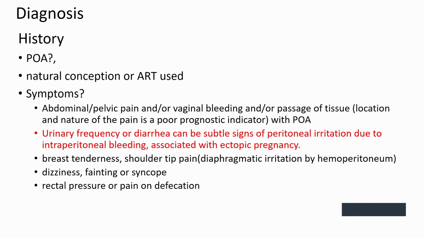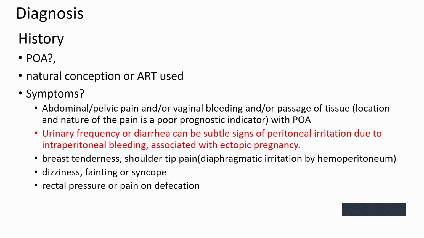If she is pregnant, we have to query whether she conceived naturally or ART was used. Usually these patients present to the accident admission ward or the gynae ward with bleeding, abdominal pain, and sometimes, in severe cases, in shock. Symptom-wise, there is abdominal pelvic pain, vaginal bleeding, or passage of retained products, sometimes with a period of amenorrhea. We should always do a urine HCG test and confirm whether the patient is pregnant or not.